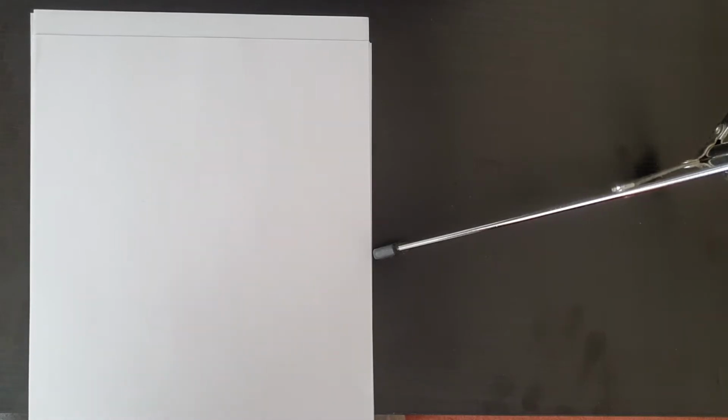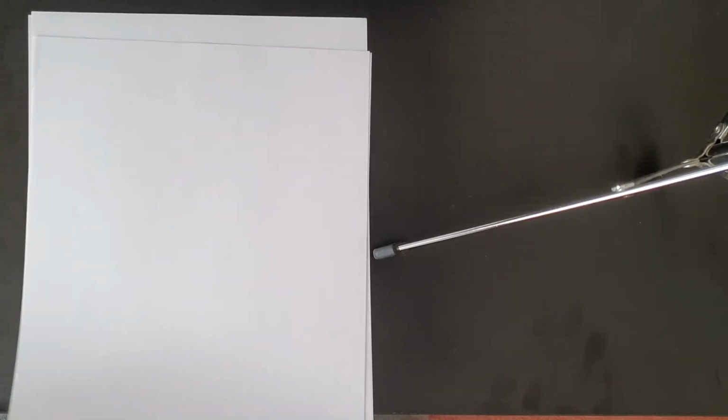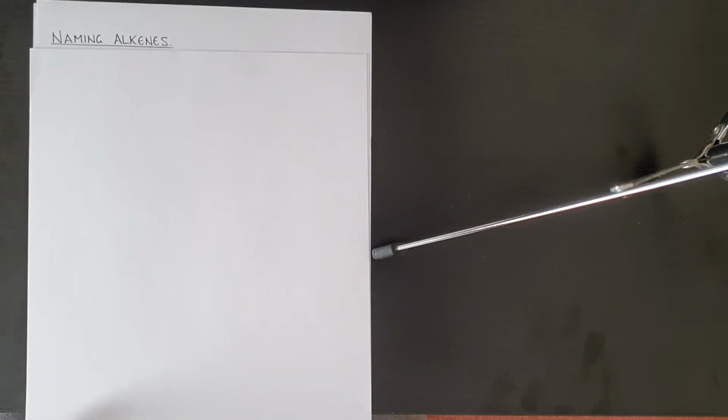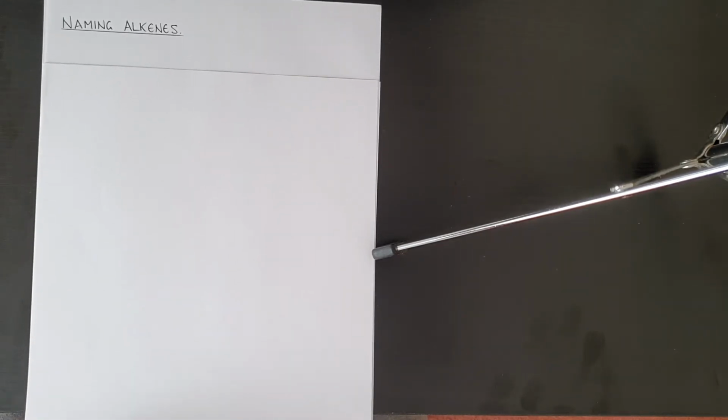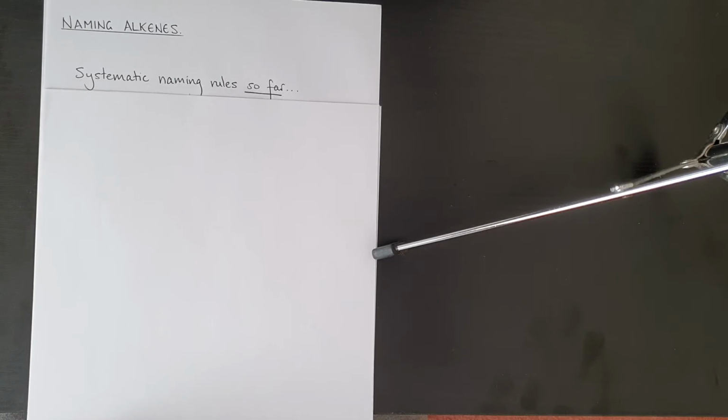So this is an update video for systematic naming because if we look back at the previous videos, we've covered nearly everything that we need to know to systematically name all the different types of compounds featured in the topic at National 5, but we've not touched on naming alkenes using systematic naming. So if we think back to our rules that we established for systematically naming a compound,